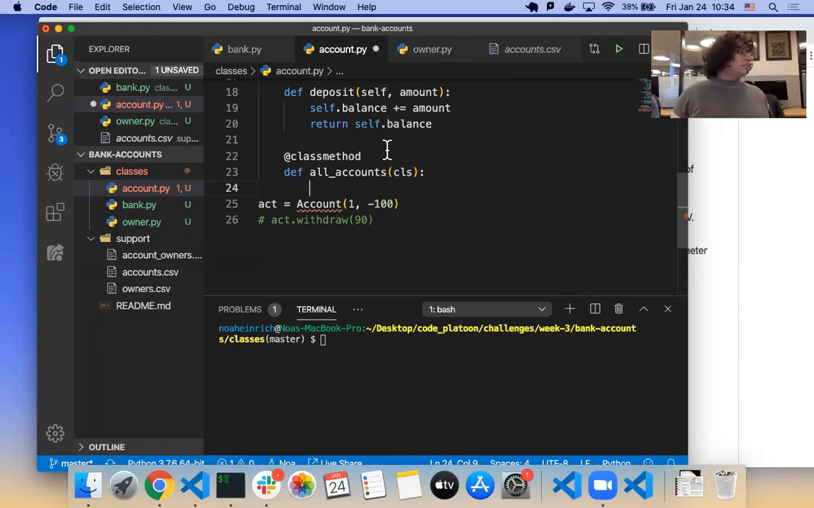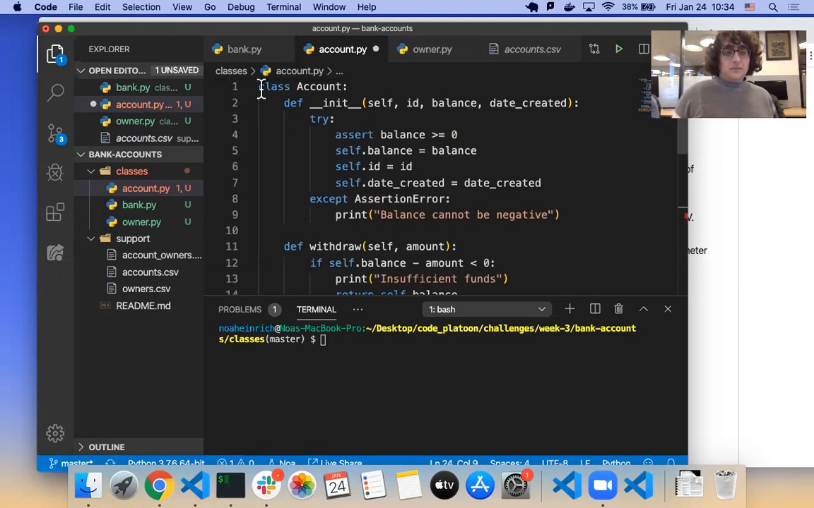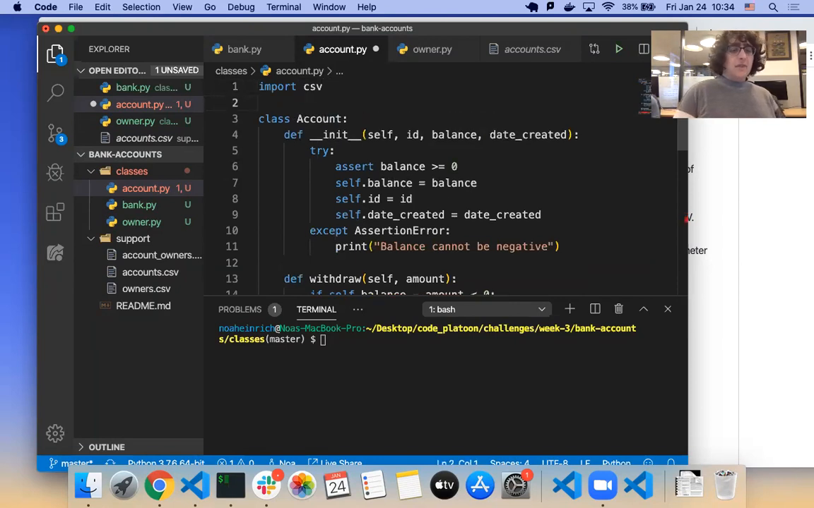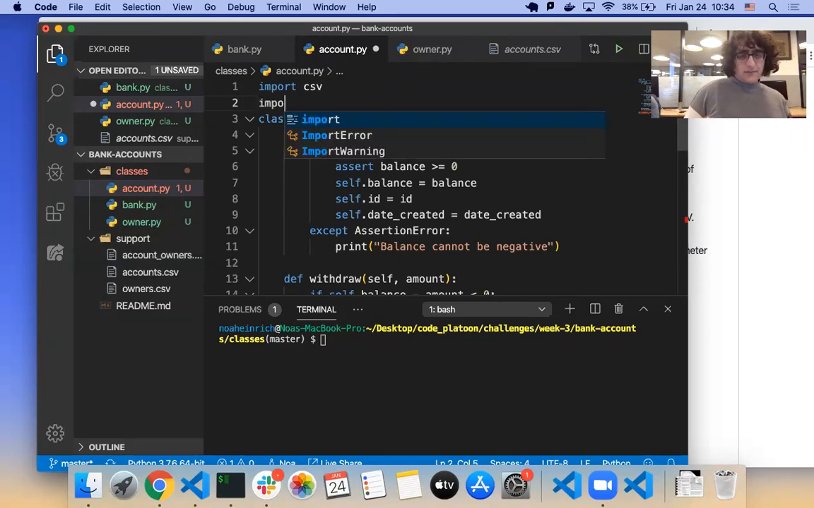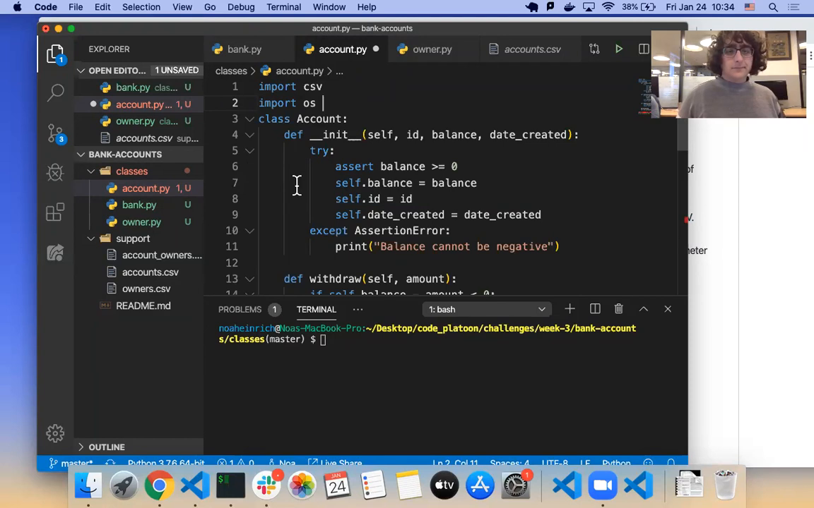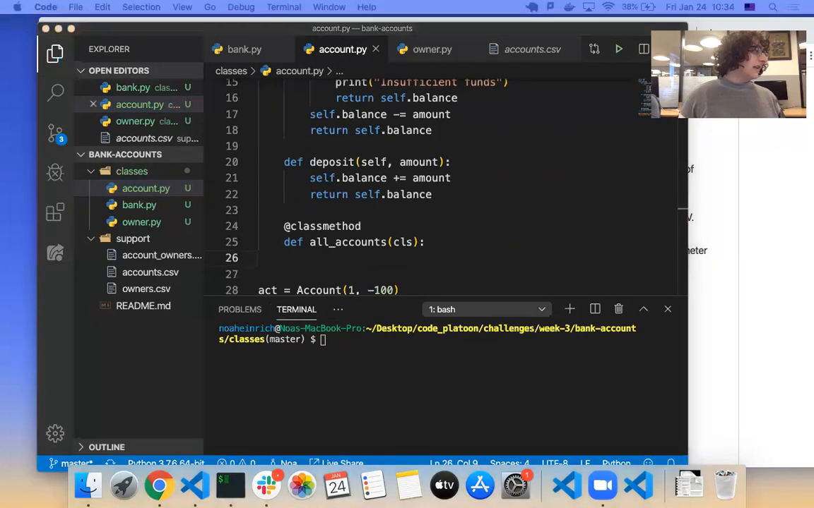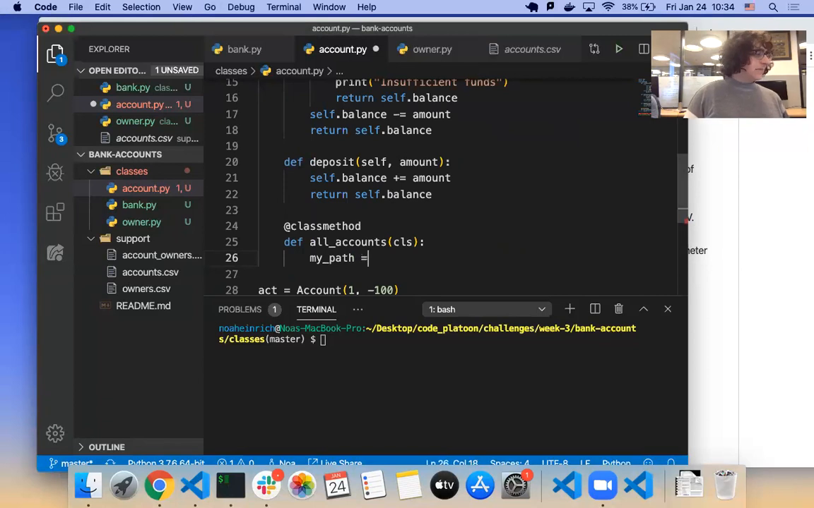But we need to access the CSV, so we'll need to import CSV. Are we going to need to import any other libraries in order to access this? OS. Yeah, we're going to have to get the OS path methods in order to get from the classes folder to the support folder. So we could say import OS. All right, so when we do that, we need to first get our path correct. So we could say something like my path equals